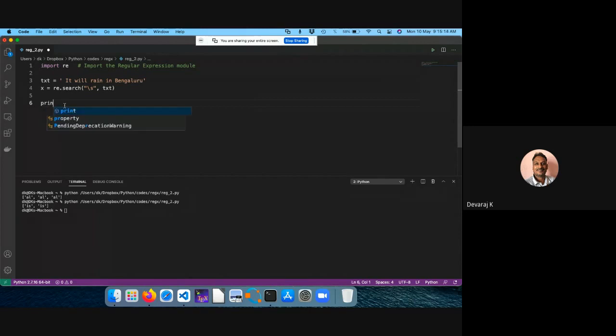So print. What does this particular thing do? It searches for white space characters. It is going to search for the white space characters.